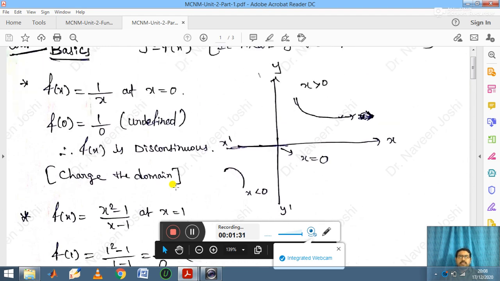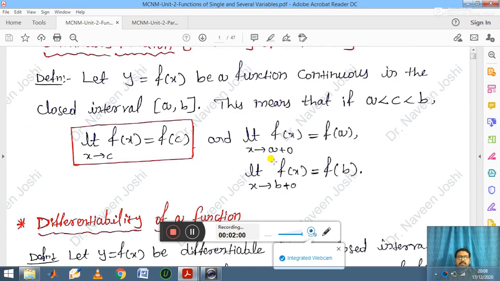Then we can understand with the help of graphical representation what is a continuous function and a discontinuous function. See here, if you observe this graph, this is one curve in the xy plane. So this is a continuous function. This is the graphical representation. Why? Because there is no break in the curve. Therefore we can say that this curve is an example of a continuous function.